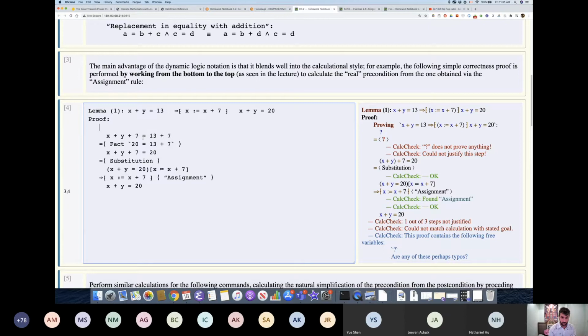Cancellation of plus, and that will give me x plus y equals 13. Okay, notice how I worked that out. All right. Now,